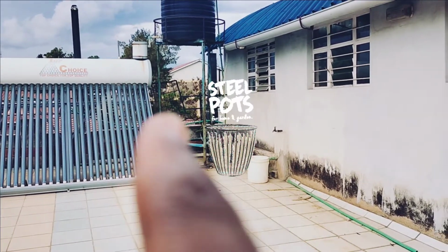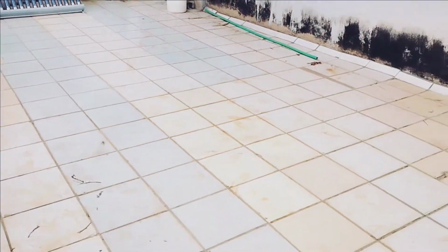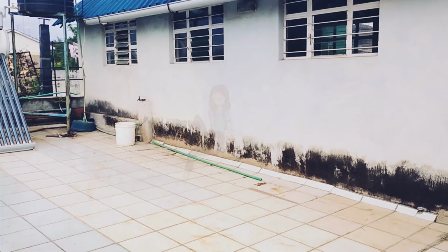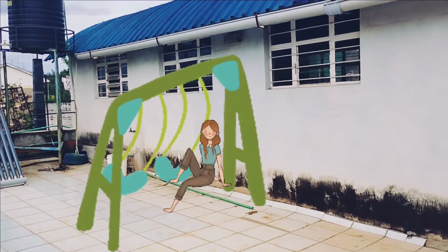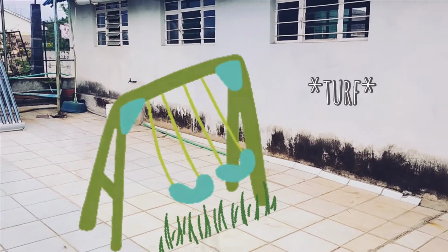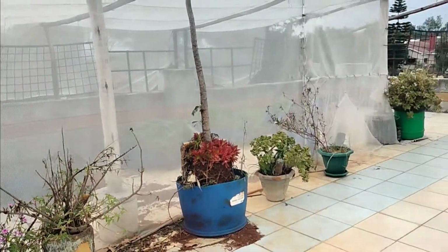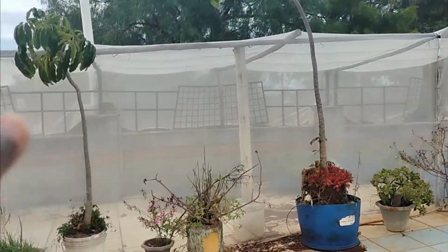maybe do some planters. And then on this area here, I'm going to create a nice chill spot against that wall, because this side gets a lot of shade in the afternoons. So we're going to bring in a swing, and we're going to do some fake grass in just a section of this rooftop. And then on this side, you can see my mom attempted a rooftop garden here,